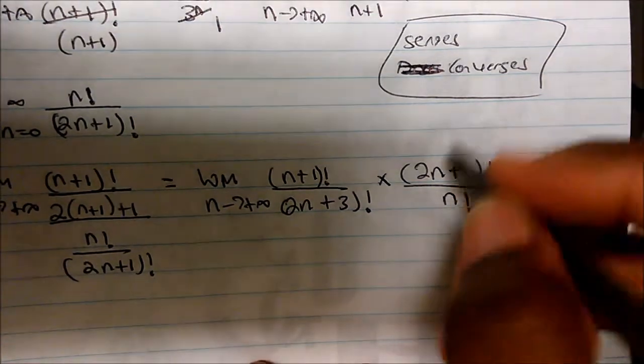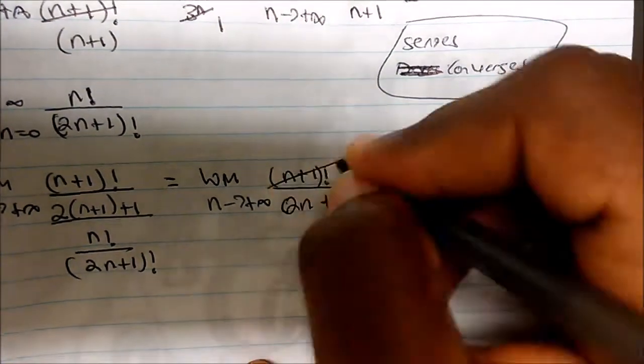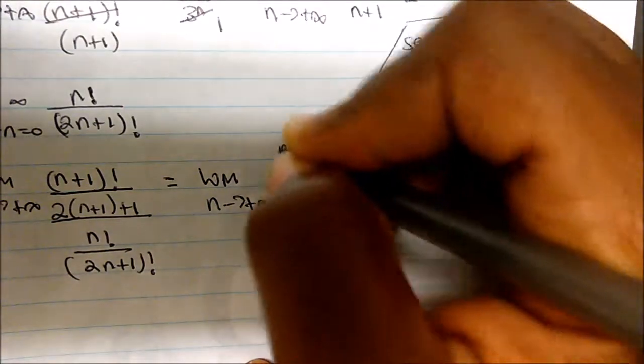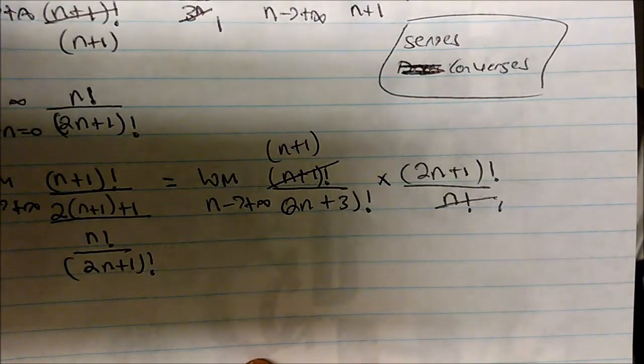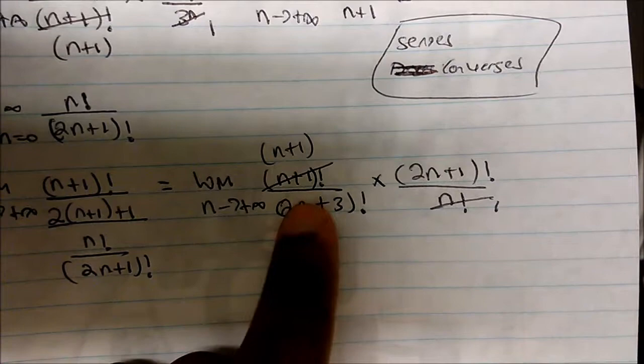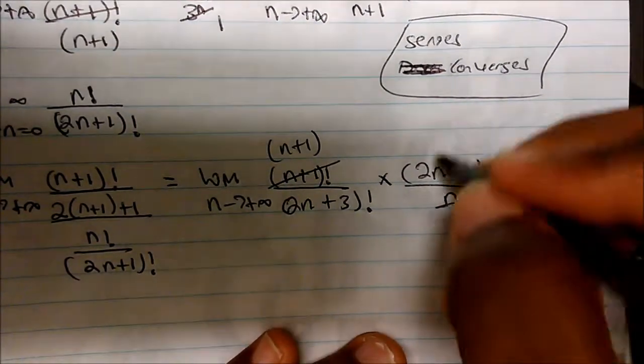Okay, and now you can see my n factorial goes to 1. I still have an n factorial. I still have an n plus 1 here. Okay. Now what about this one? Well, if I cancel out my